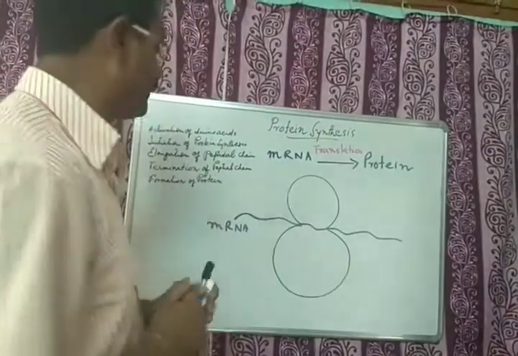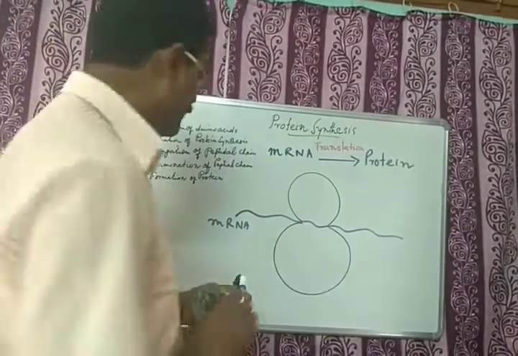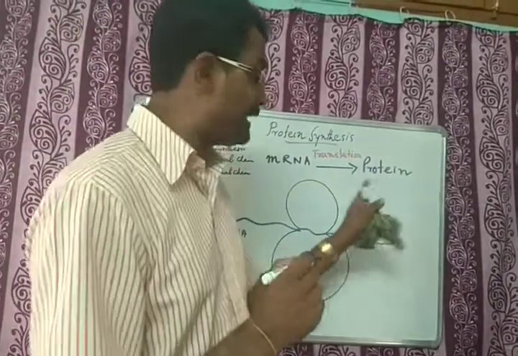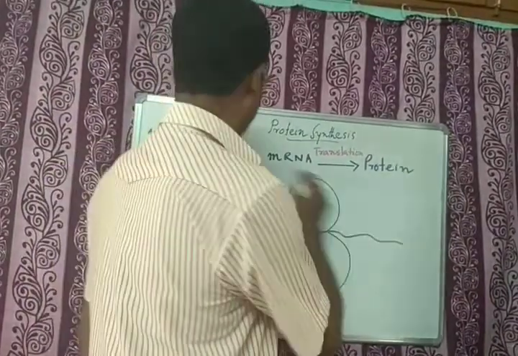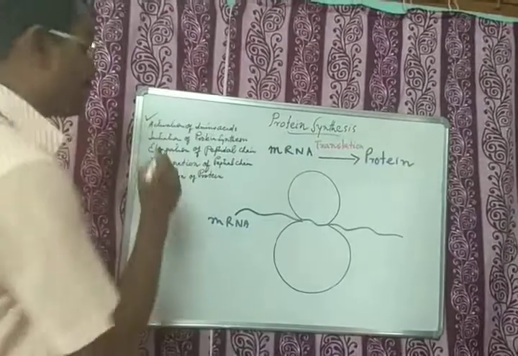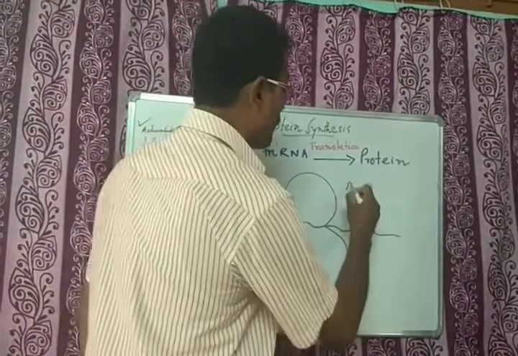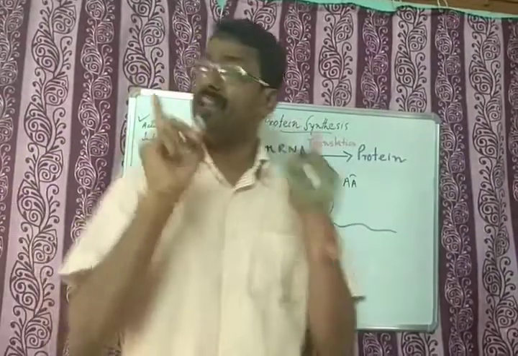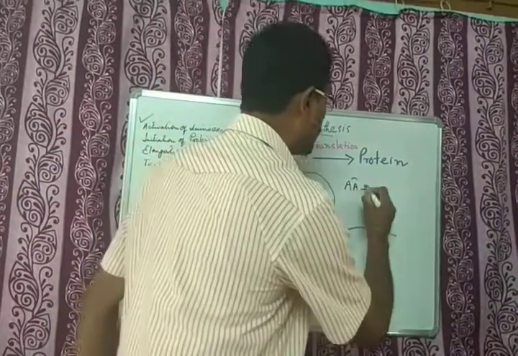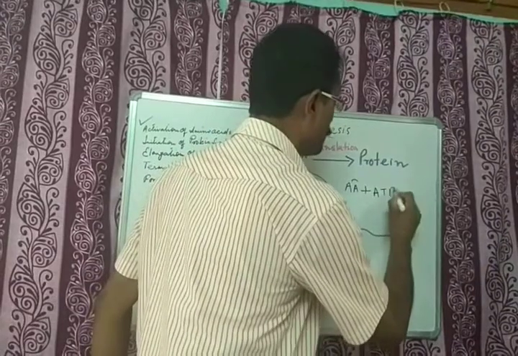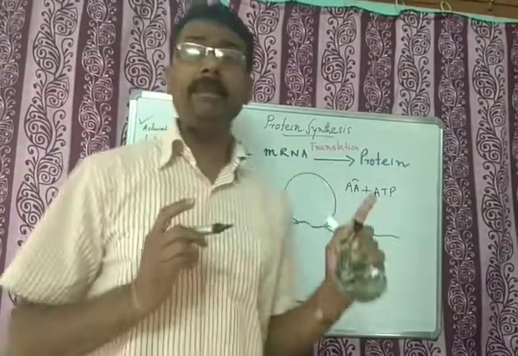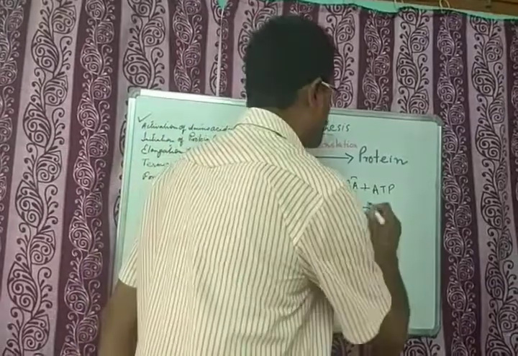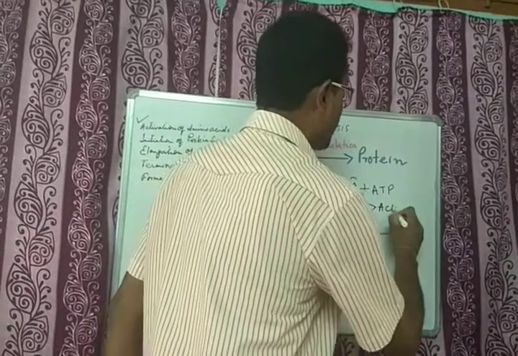First is the activation of amino acid. Now students, when I speak about the activation of amino acid, I am writing here, number one, activation of amino acid. What happens here? Amino acid needs to be activated. That means it needs to react with ATP. When it reacts with ATP, then we call it activated amino acid. Then it is charged. It is called what? Activated